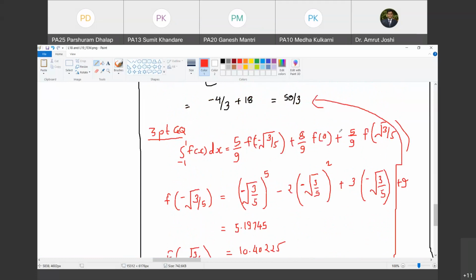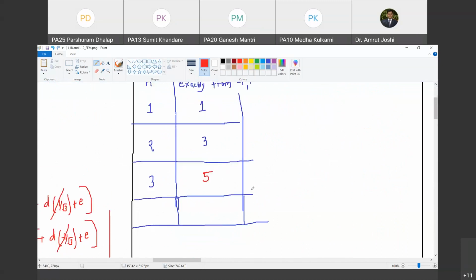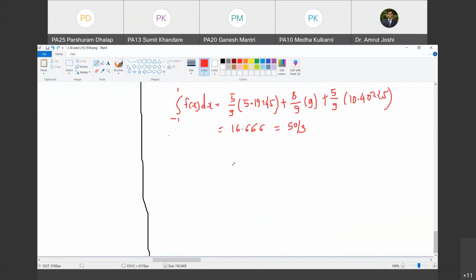Are you with me? Yes, sir. So therefore, we know that the three-point Gauss quadrature is going to give us the correct integration of a function from -1 to 1 as long as it has degree less than or equal to 5. Do you agree with me? Yes, sir. Now I encourage you to do all the exercises that we did for earlier polynomials. Consider a polynomial of lower degree and you will be able to show that three-point Gauss quadrature gives the exact integration. Consider a polynomial of higher degree than 5, that is 6 degree. It will not give the exact value. Are you with me?